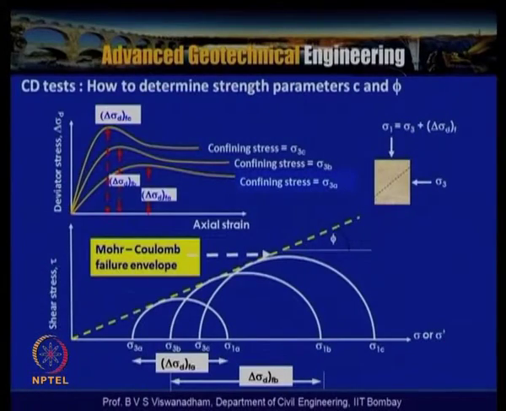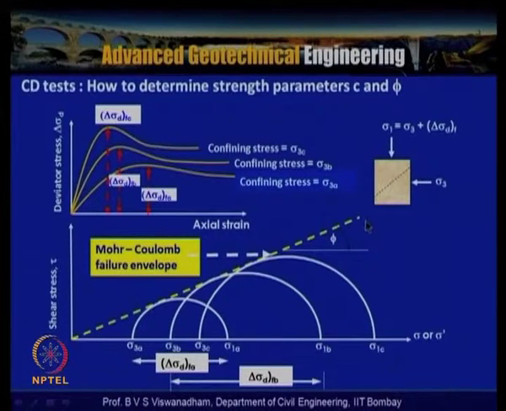what one needs to do is test a minimum of 3 or 4 samples, and each sample is tested for different cell pressures or different confining stresses. So confining stress A is sigma 3a, confining stress B is sigma 3b, and confining stress C is sigma 3c. Then we have different deviator stress versus axial strain curves. Once you know the maximum or peak values, which is nothing but the delta sigma d, with that as the diameter, you can draw the different Mohr circles,